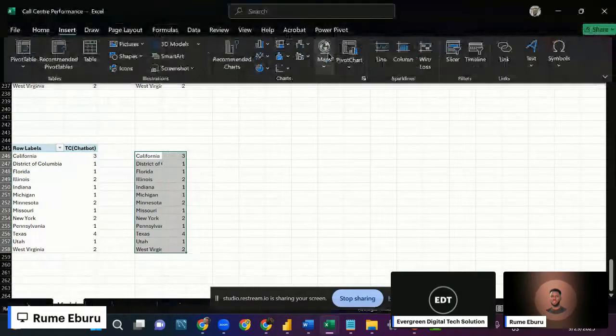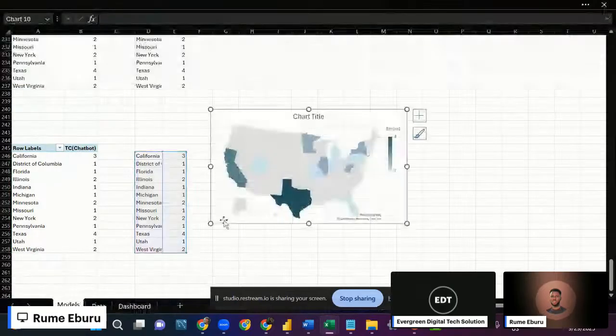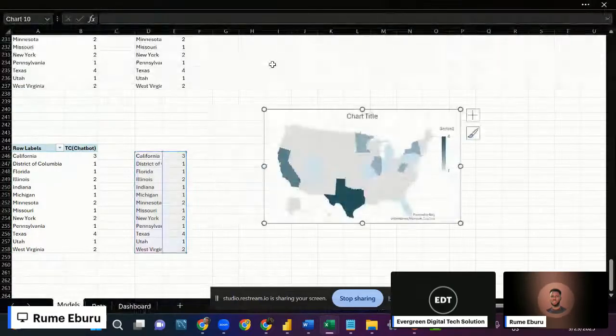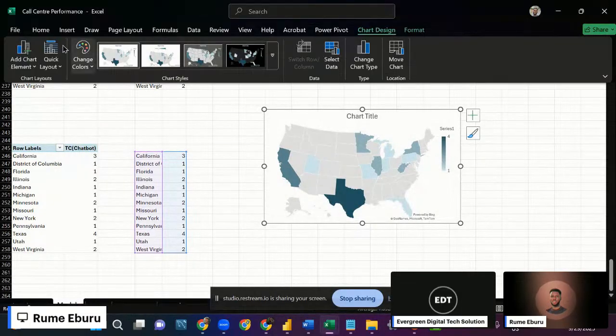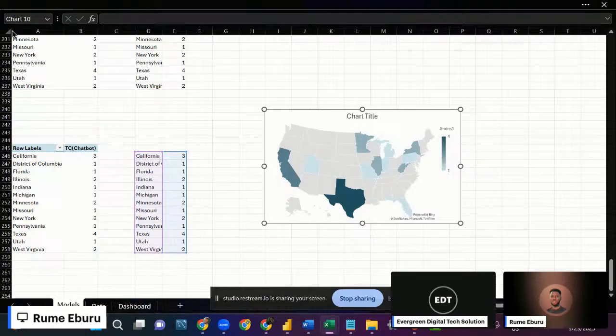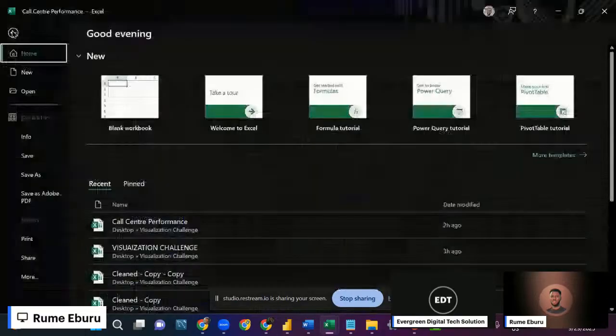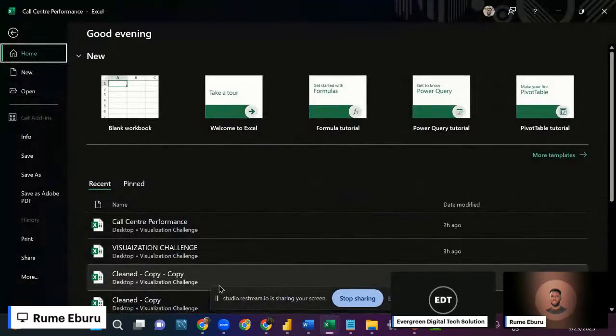map chart here. So for some of us that don't have the map chart, you can easily activate your map chart. You can activate your map chart if you come to your Power Pivot. So file, if you don't have map, and by the way, your Excel should be at least 2021 and above. Okay. So what we'll do, we'll just create for one tab,